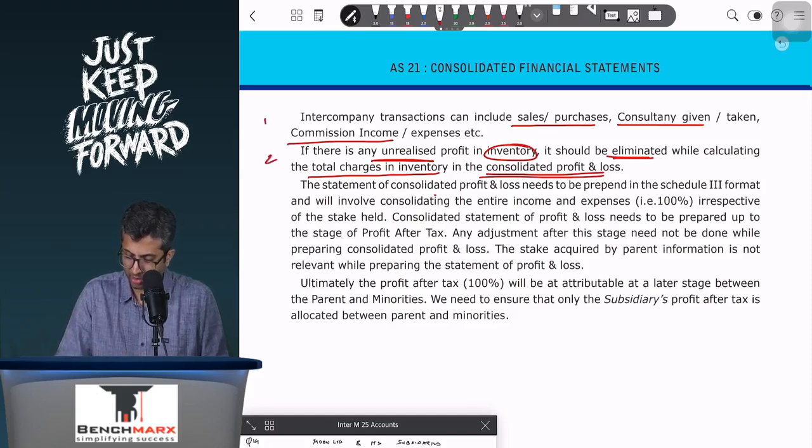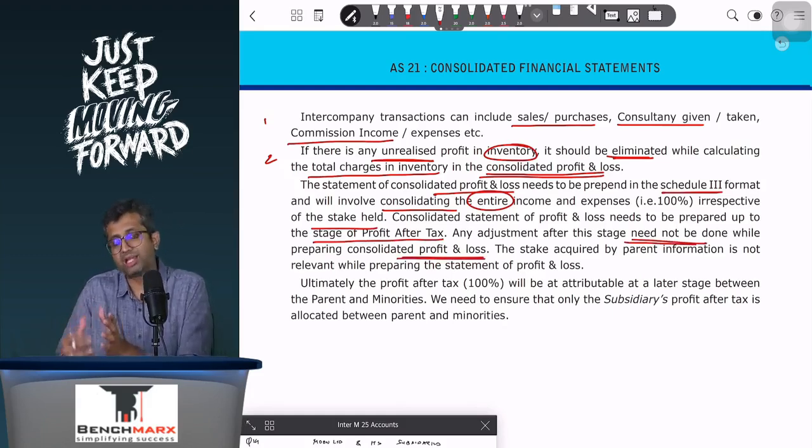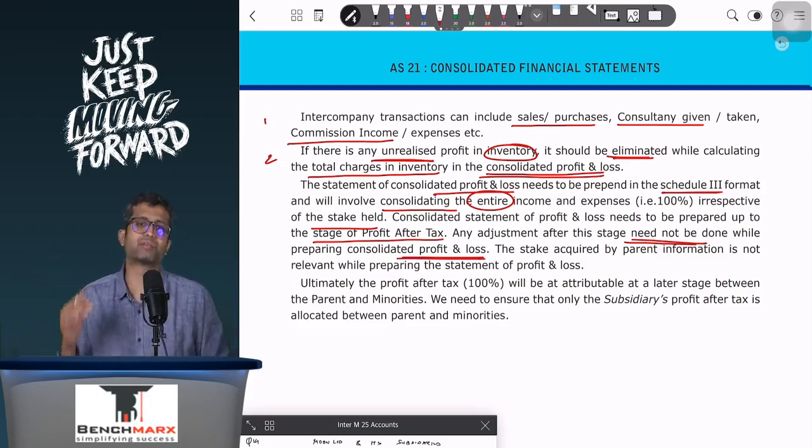The statement of consolidated P&L needs to be prepared in Schedule 3 format and will involve consolidating the entire income irrespective of the stake held. It needs to be prepared up to the stage of profit after tax. Any subsequent adjustment after that need not be done while preparing consolidated P&L. Attribution to minorities also happens after PAT, and hence the Institute does not show that. So there will be no impact of the minority stake while preparing consolidated P&L, at least as per the ICAI